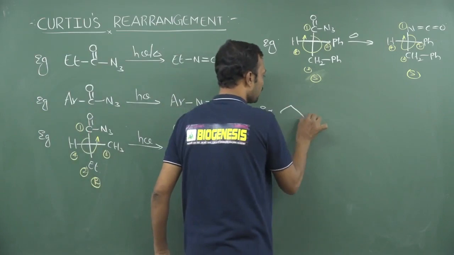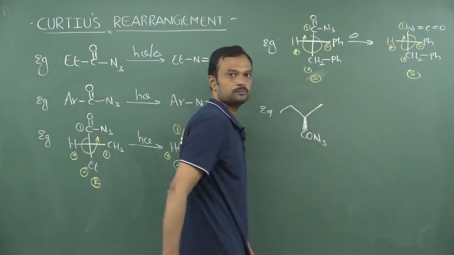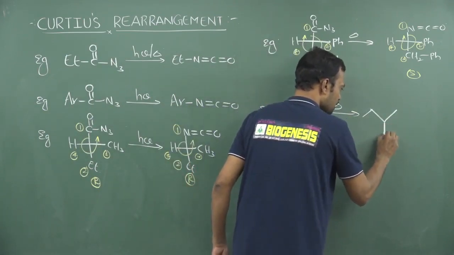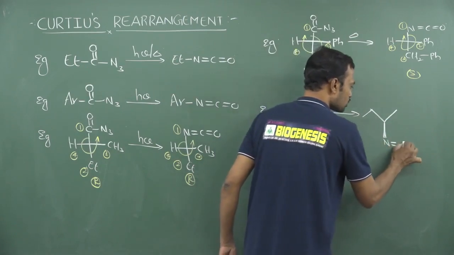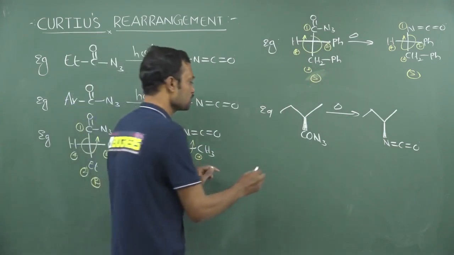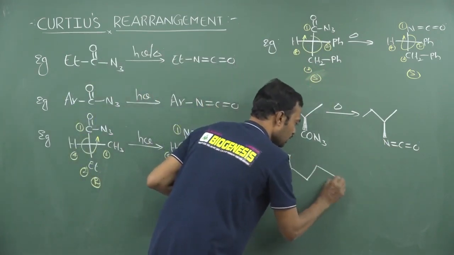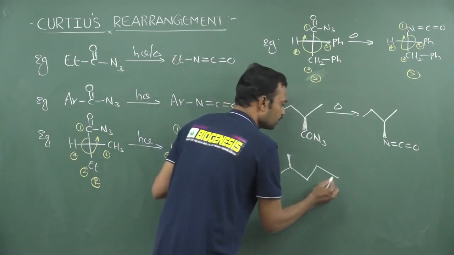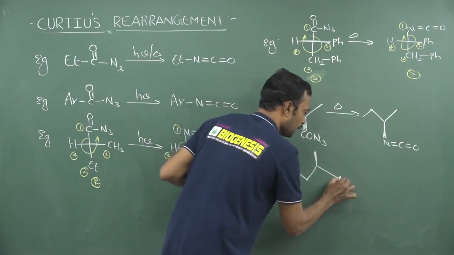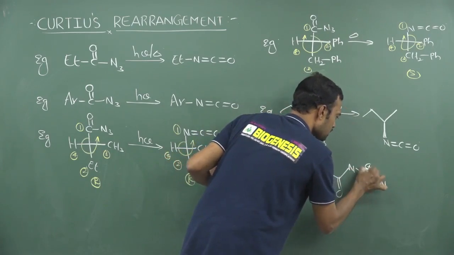Okay, and if you take multiple centers here, see this is C double bond O CH3. Now thermal or photochemically, what is the resultant answer? See, this is completely above the plane and here nitrogen C double bond O like this. Your configuration never changes, its orientation always remains the same. Okay, this is a question asked in examination. See, two chiral centers are given. This chiral center is completely above the plane, here also completely above the plane, and here it is completely attached to nitrogen, and here triple bond, plus and minus.